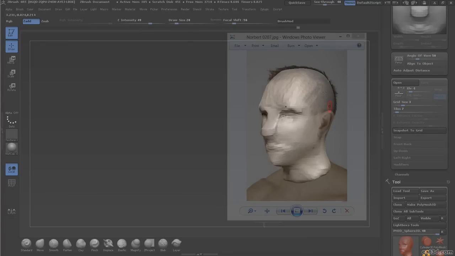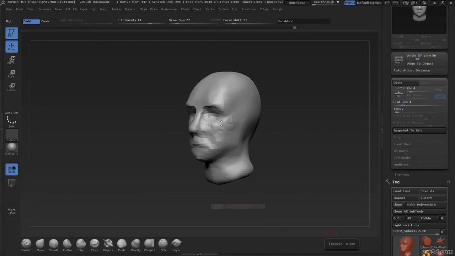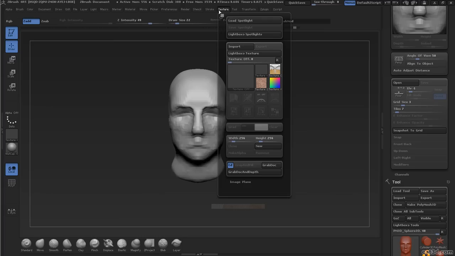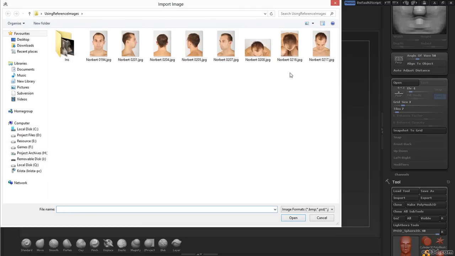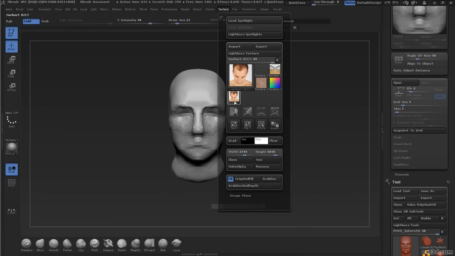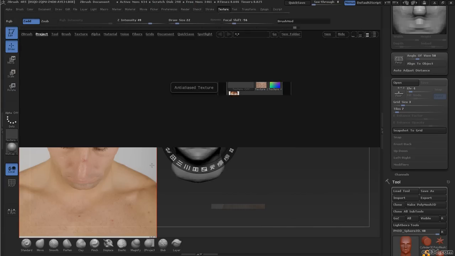Another method of using reference images is to use Spotlight. The way that Spotlight works is you load images into it, and you can adjust those images and use those in your texturing, or as reference, or sculpt through to create certain patterns or effects. Now, if we go to the Texture tab and go to Import Image, I will select an image, for example, this one where he's looking down. If we select that and click Add to Spotlight, it'll appear